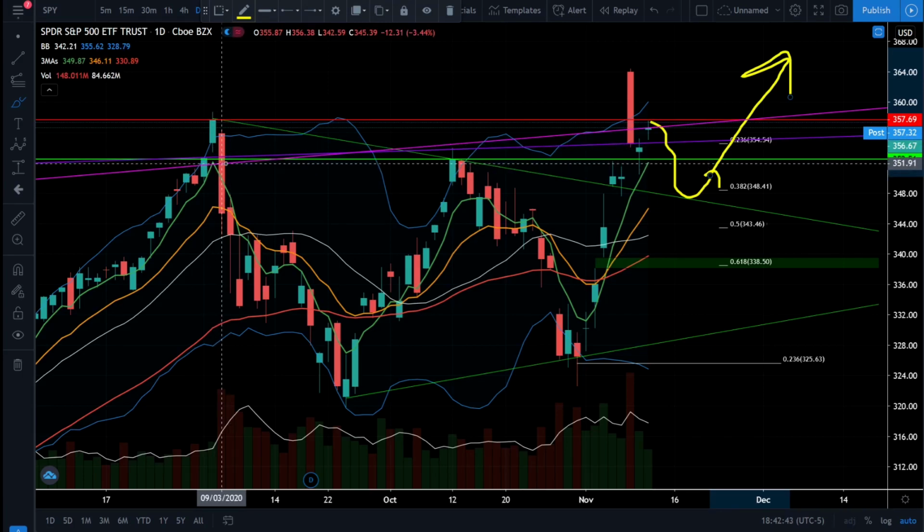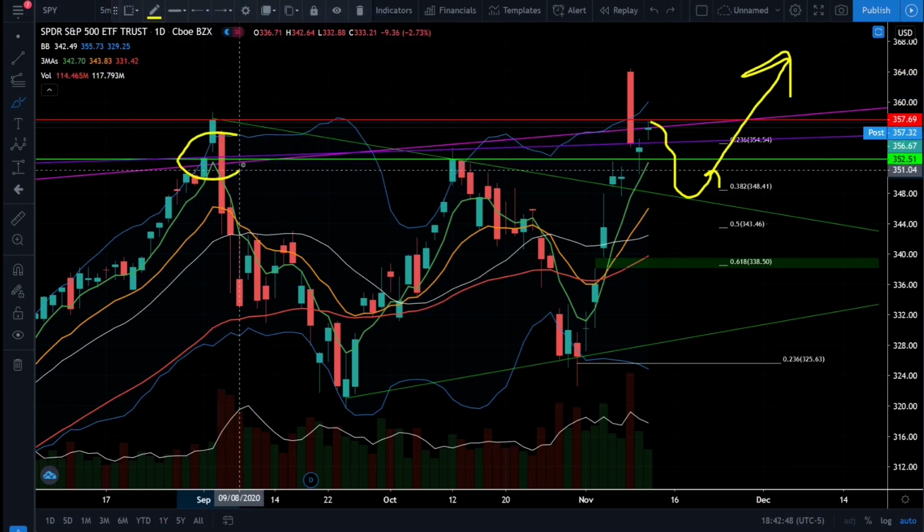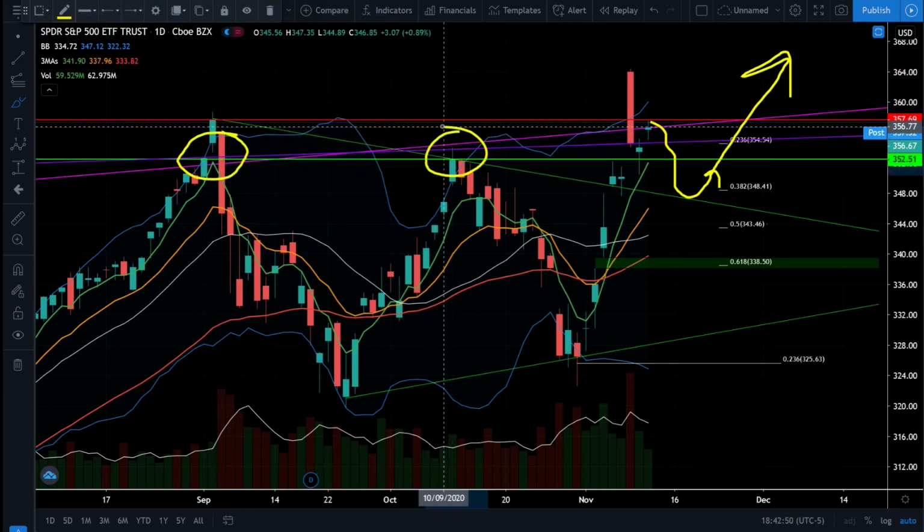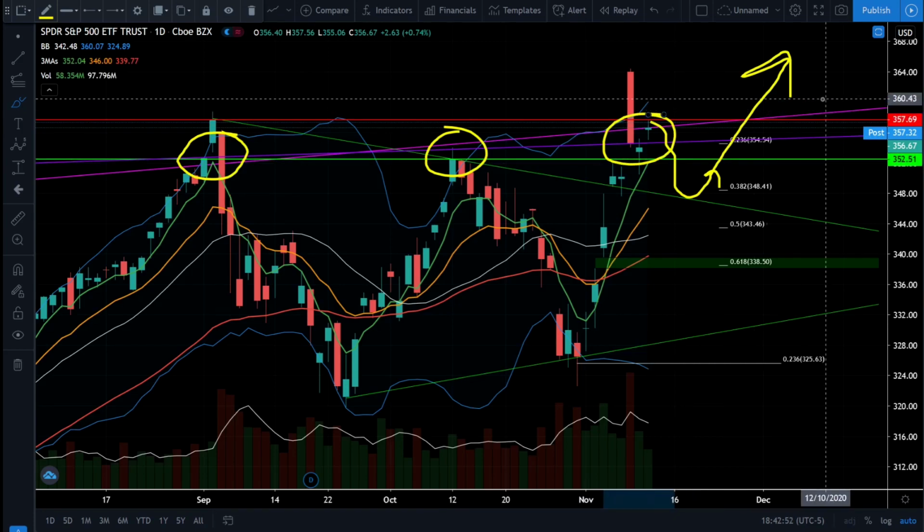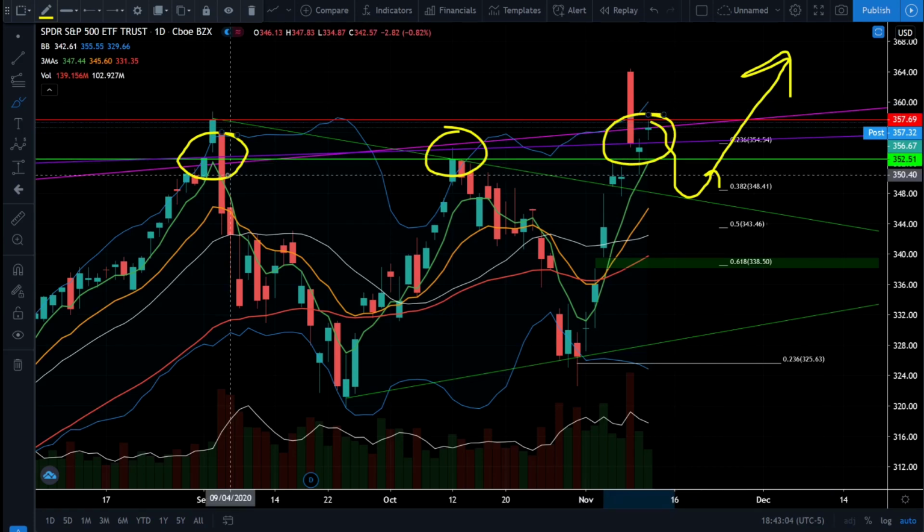So they're decades long in the making, and we're not gonna just get up to trend lines like this and attack them 3 different times and not eventually try to break through for good. So there's definitely a lot of bullish price action and bullish sentiment that keeps driving us back to these resistance trend lines, and eventually we're likely going to break through them and form new all-time highs.